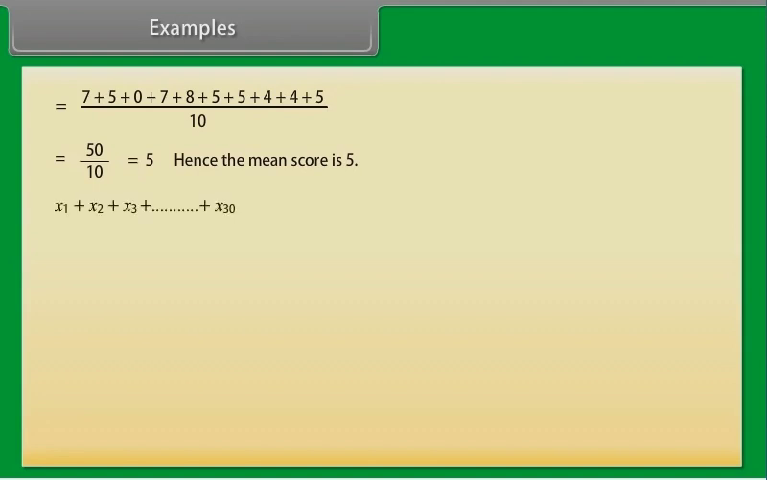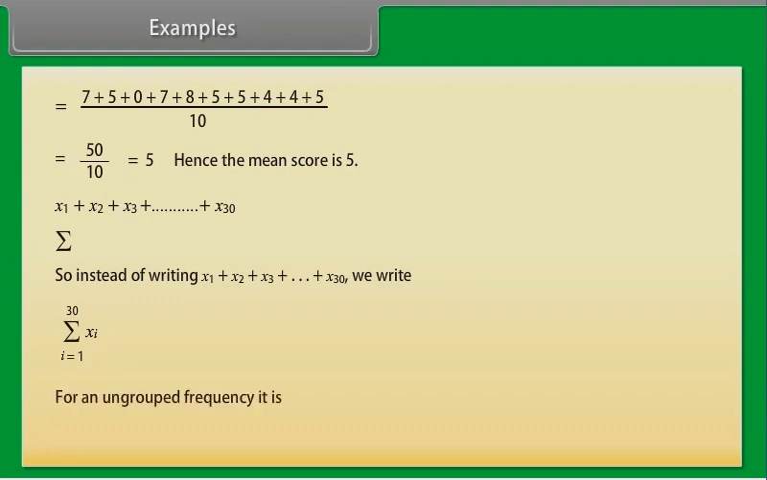If the observations are large, for example, up to x30, then it would take a lot of time to calculate the mean. To solve such problems, we use the Greek symbol sigma for summation. So instead of writing x1 plus x2 plus x3 plus so on till x30, we write it in this way, which is read as the sum of xi as i varies from 1 to 30. For an ungrouped frequency distribution, it is